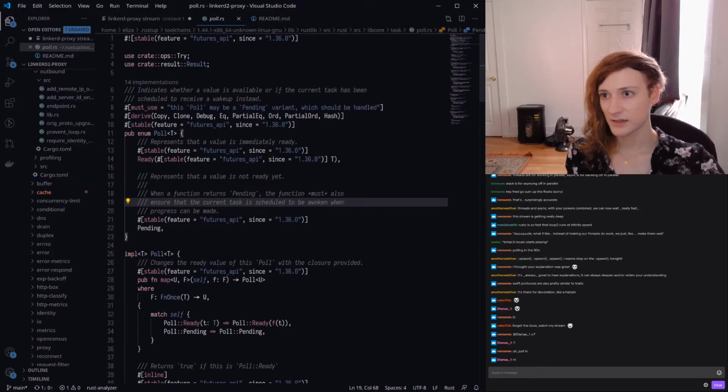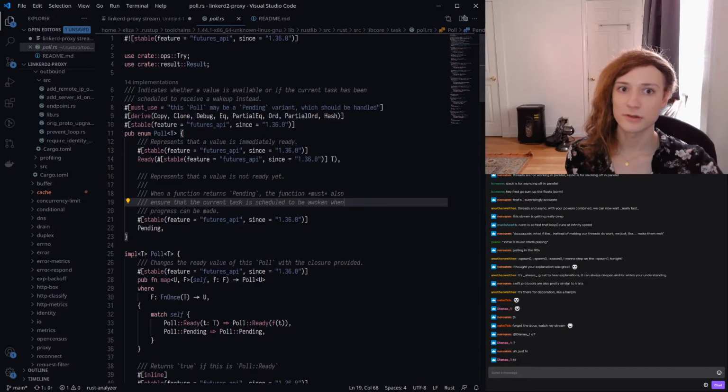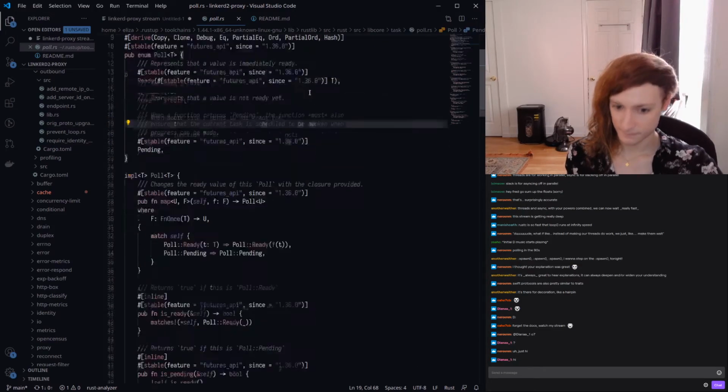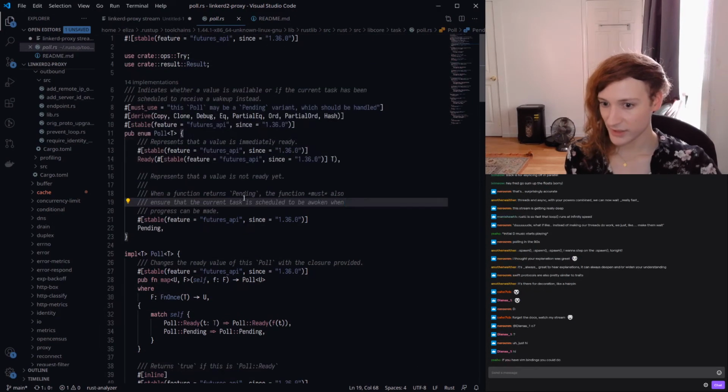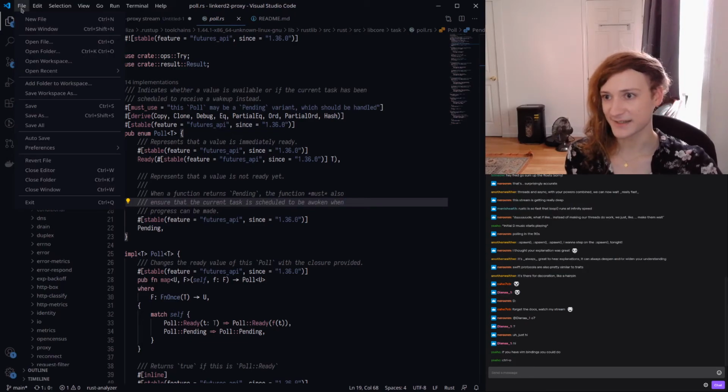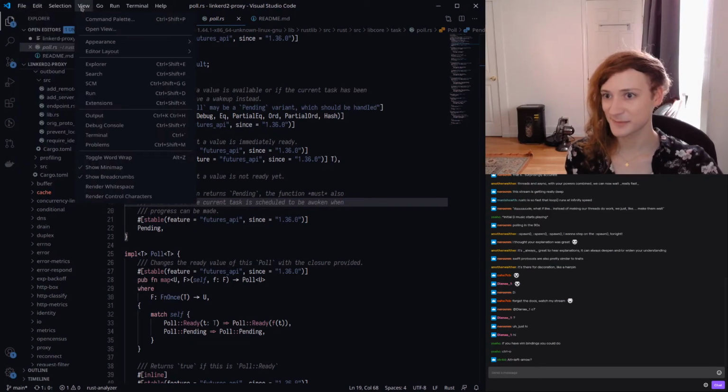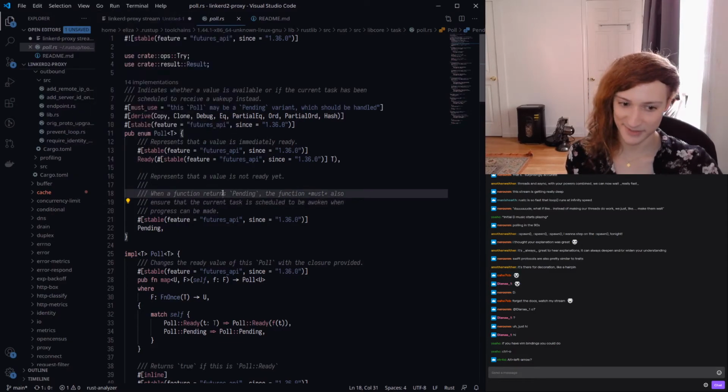Let's go back and let's take a look. Why is there no back button in this editor? Is there a way for me to go back to where I was before? Is there a way to go back in Visual Studio Code? Okay, if I had Vim bindings. Well, I don't have Vim bindings because I don't hate myself.